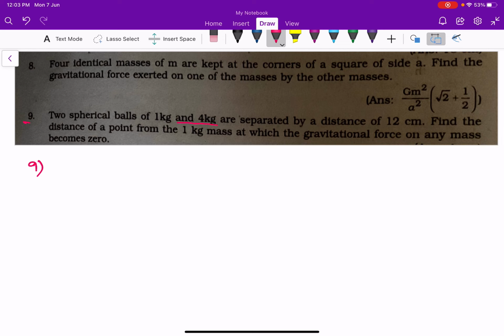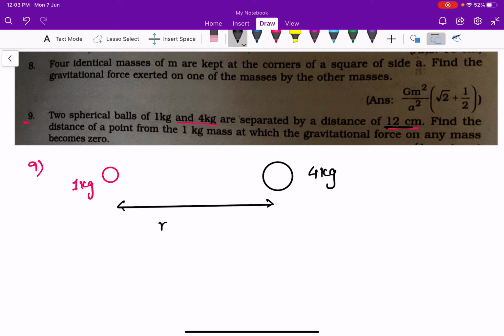4 kg are separated by a distance of 12 centimeters. Let us consider this is 1 kg mass and another mass is 4 kg, separated by a distance of 12 centimeters. R equals 12 centimeters, that is 0.12 meters, converting it into the SI system of units. Find the distance of a point from the 1 kg mass at which the gravitational force on any mass becomes 0. I am going to keep the third mass